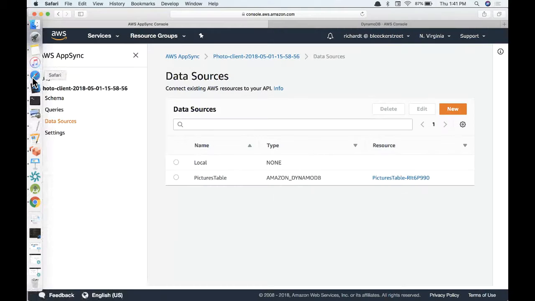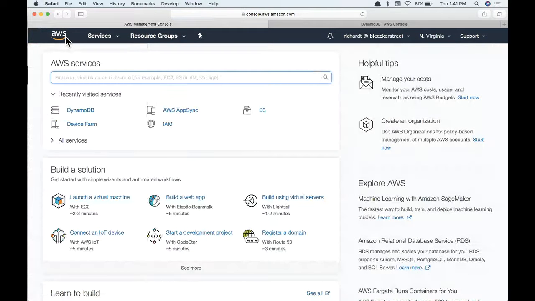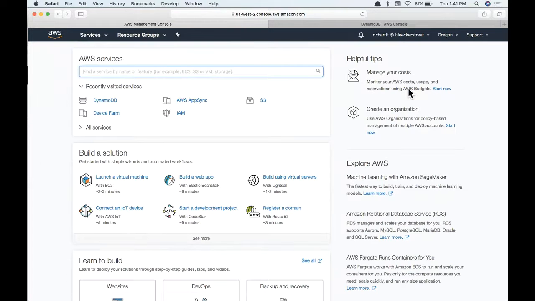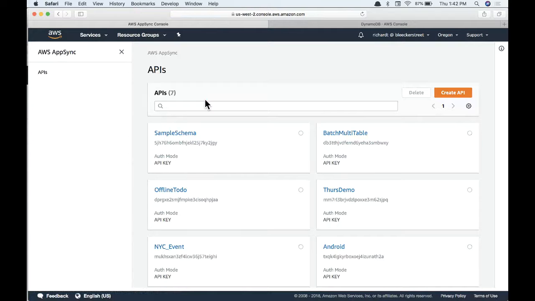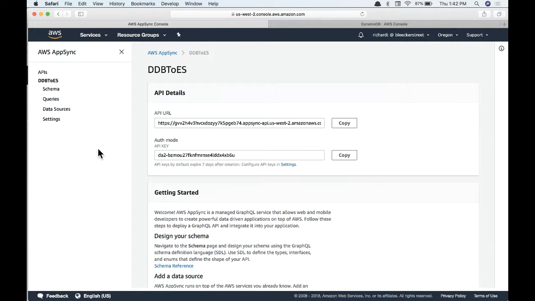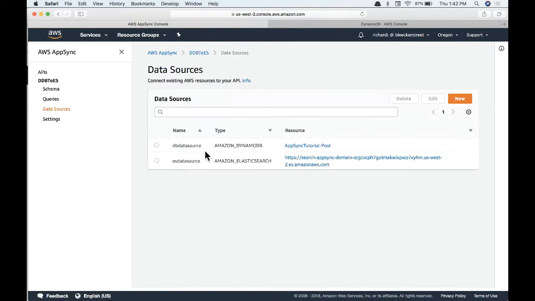And to show you the last piece of this, another feature that I briefly showed you in an architecture diagram in the presentation, combining NoSQL databases with search capabilities, I've got a demo of that already running as well. You can see I've got this DDB to ES. This is DynamoDB streaming to Elasticsearch. In this example I've got two different data sources, so I'm going to mix and match a DynamoDB data source along with an Elasticsearch domain. And I'm going to stream the data behind the scenes from this DynamoDB table over to this Elasticsearch domain,